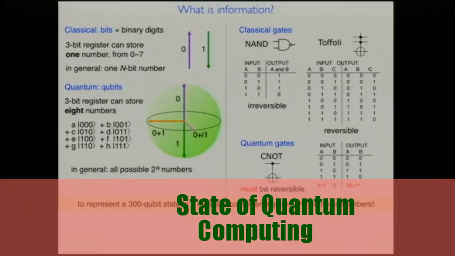Now the strange thing, as I implied earlier, is that in a quantum computer, a 300 qubit state, if we tried to represent that in a classical computer, would require 2 to the 300 complex numbers. That's more numbers than there are particles in the universe, and so a 300 qubit computer is not very large in principle. It could be something that fits inside this bench. If we were to try and represent the state of that with a classical computer, we'd need every single particle